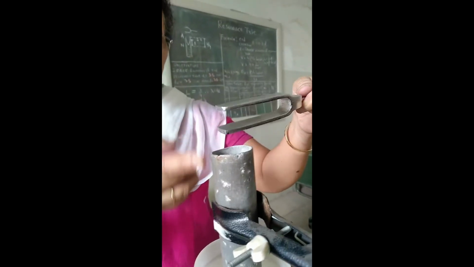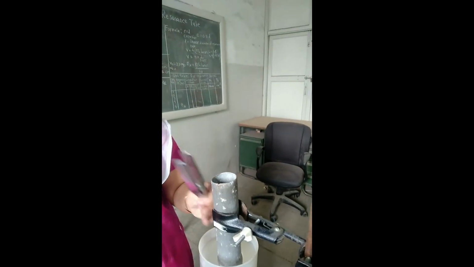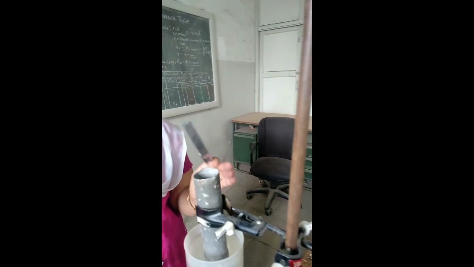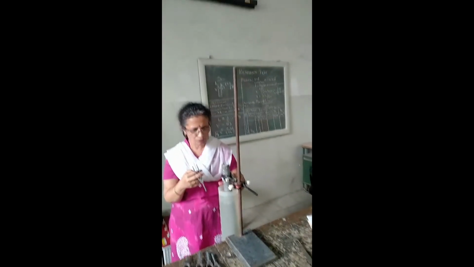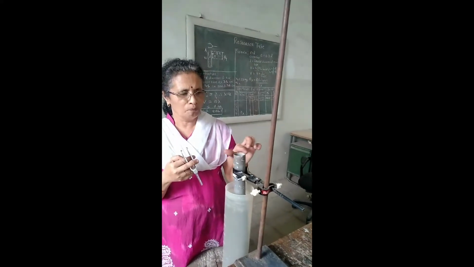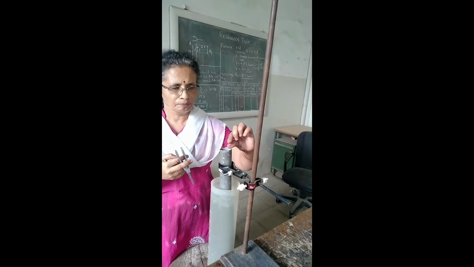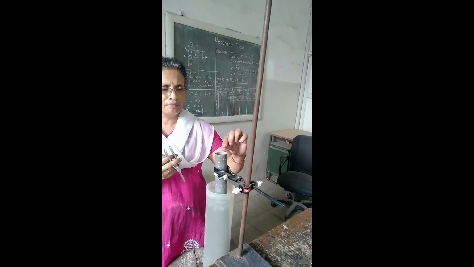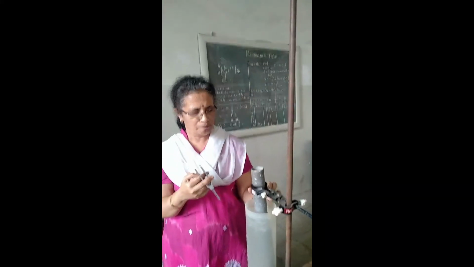Sound waves travel along the lane inside the air column, and they get reflected at the water level. Due to the interference of incident and reflected waves, stationary waves are produced. For these stationary waves, a node forms at the water level and an antinode forms at the open tube, but not exactly at the open tube, 0.3D distance above. This 0.3D distance above is called the end correction, which we can find out by simple calculation.